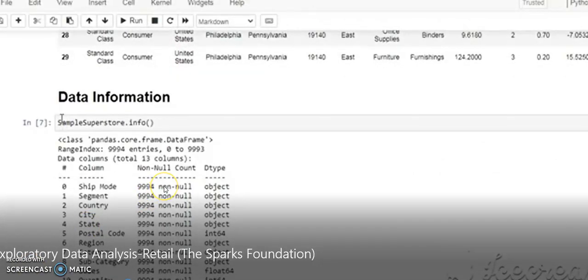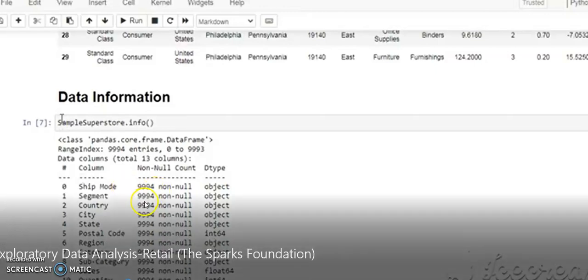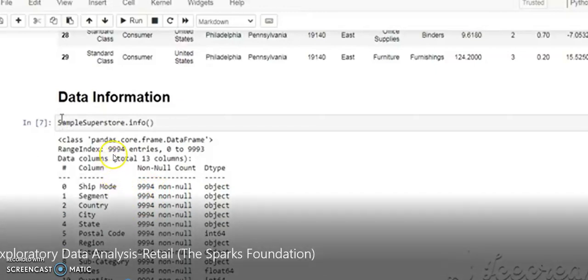Now we use the info function, which returns information about our data set. Information means the number of columns and how many null and non-null values there are. As you can see here, the total is 9,994 entries, and all 9,994 entries are non-null.